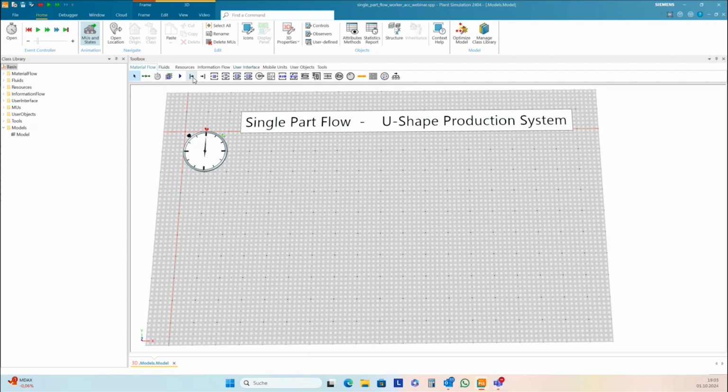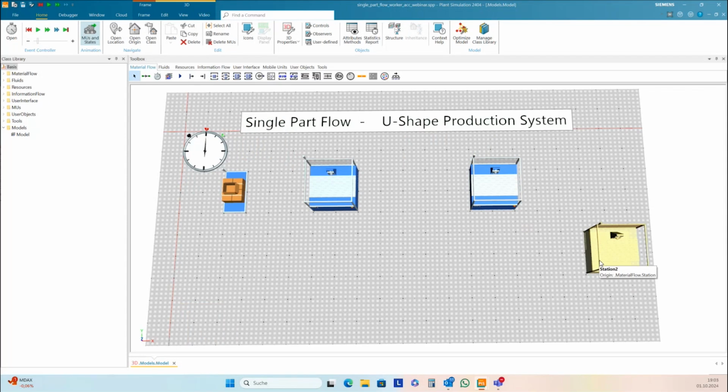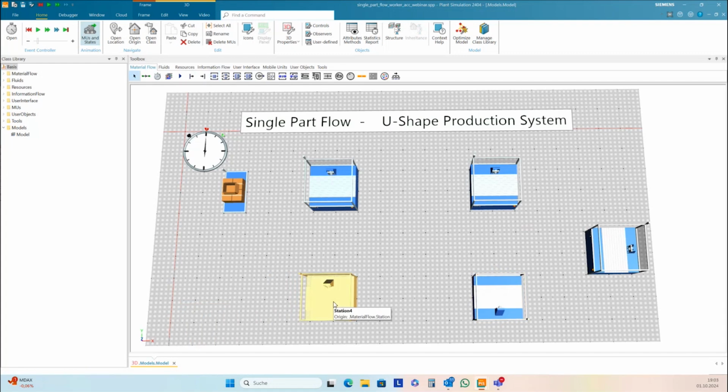It consists of a source and 5 stations: 1, 2, 3, 4, 5, and 1 train.